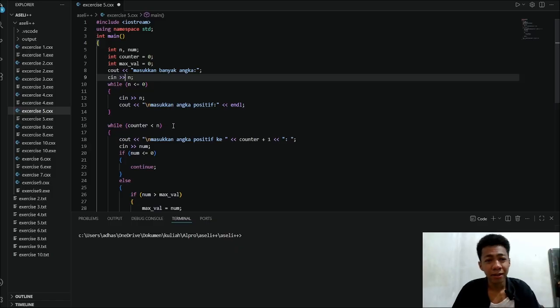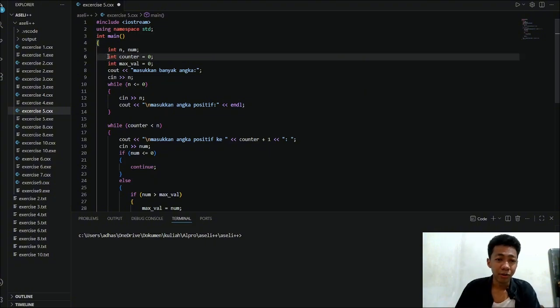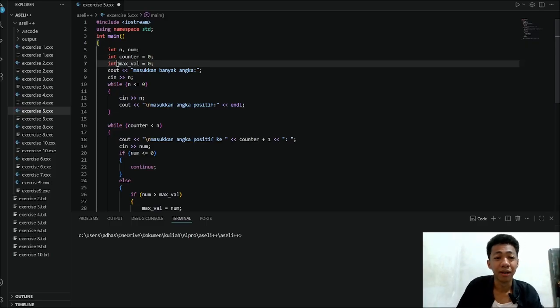And num we will use to store the number that we will display later at the end of the program. And here, don't forget to declare the counter variable to limit the looping, and the max value to store the largest integer.